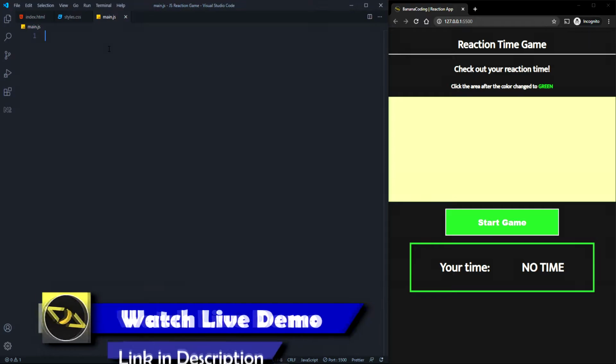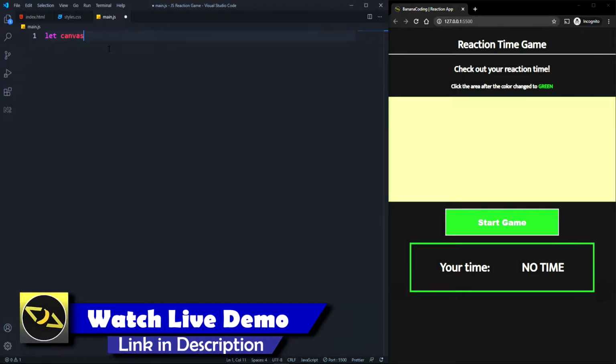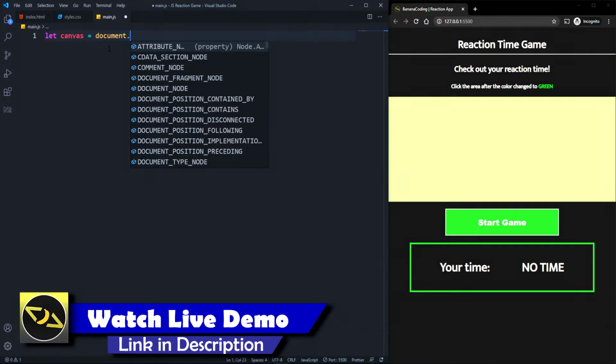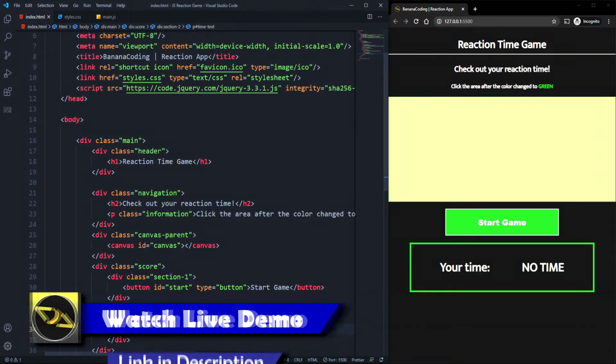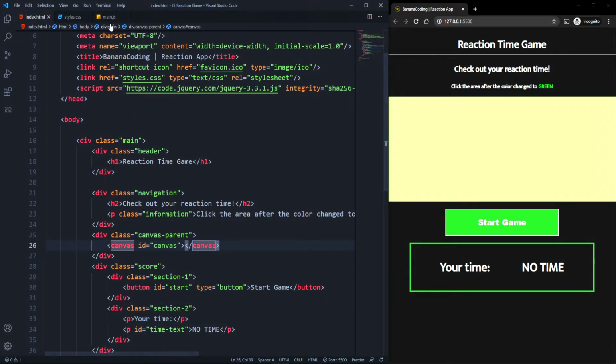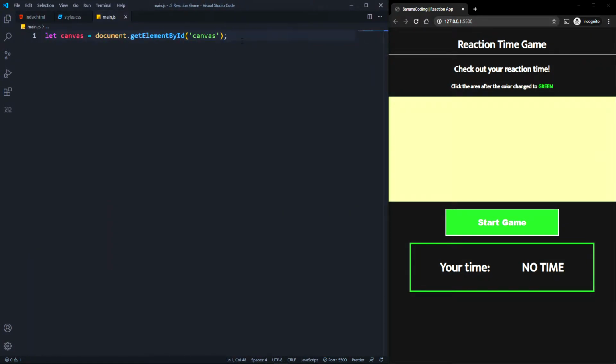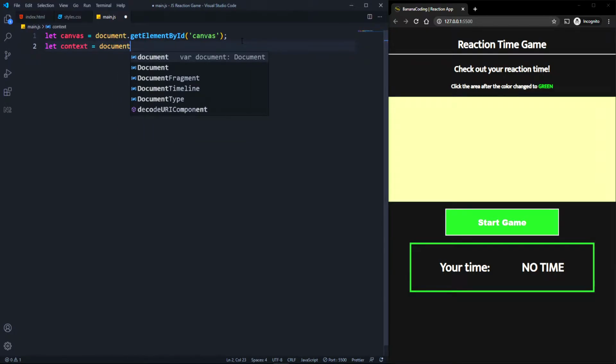Alright, so let's begin. We're just gonna take the canvas in the beginning. So we're just gonna say document.getElementById, and if you remember, we gave it the ID of canvas. So we can take this container, and in the beginning we should always declare the context of the canvas, which is equal to